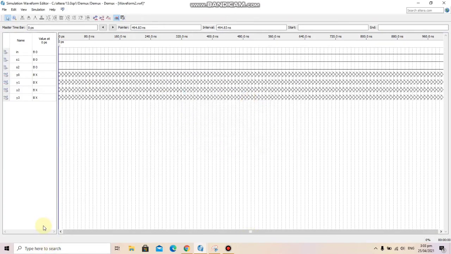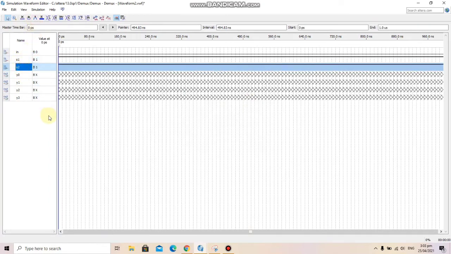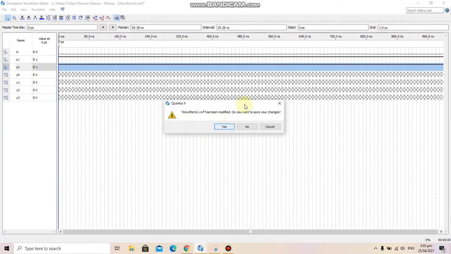So now let's test the last one. If I put S1 high and S2 high, the output Y3 should be the input. First, in the first scenario, I'm taking in1 to be 0.